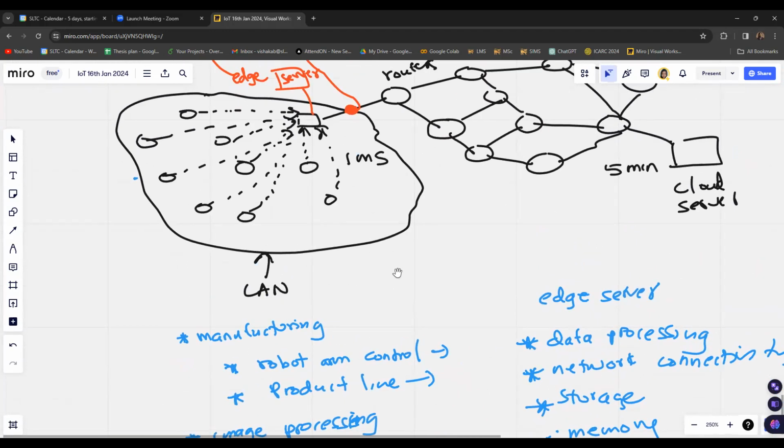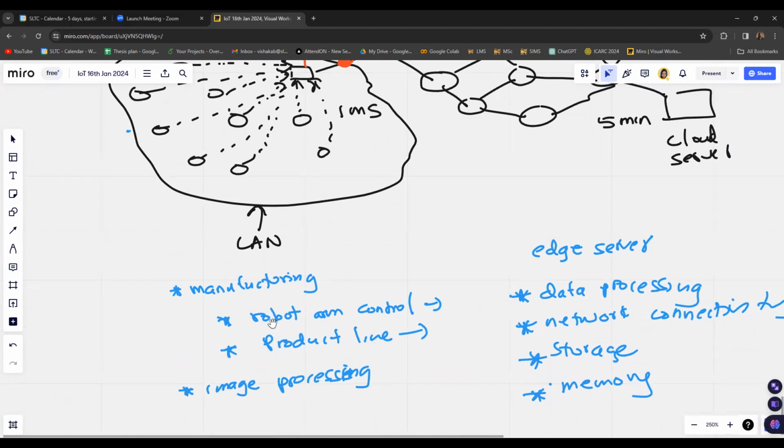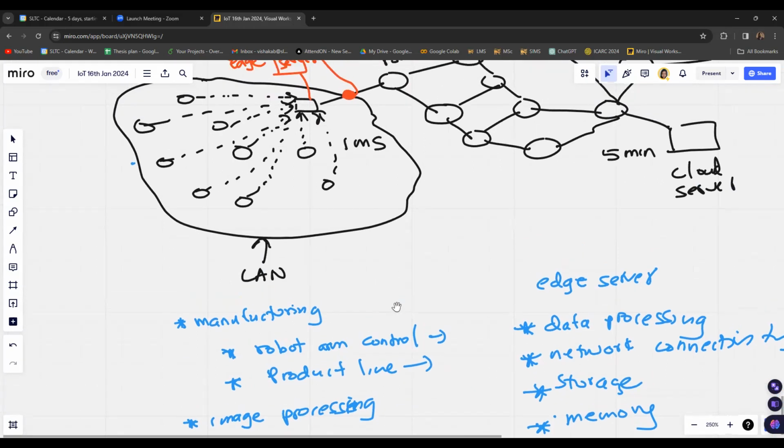In scenarios where you have manufacturing facilities that use robots and where you need to control robot arms to achieve some task, we can use edge computing to make decisions and control the robot arms, while also predicting if the operation of the robot arm is going smoothly as expected.